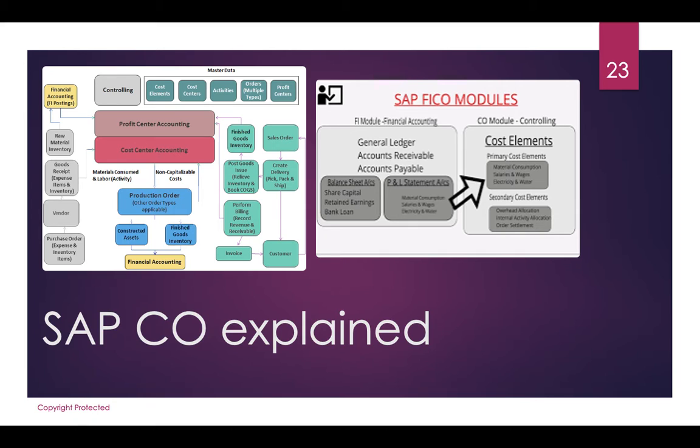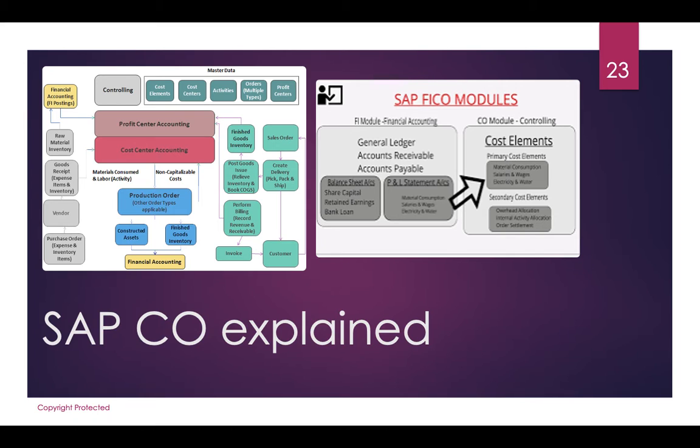For example, in my previous example of preparing a screw, your cost element can be the machine center where the material is being manufactured. Your cost element can be one of the tools which you are using to make the material. So those are cost elements.